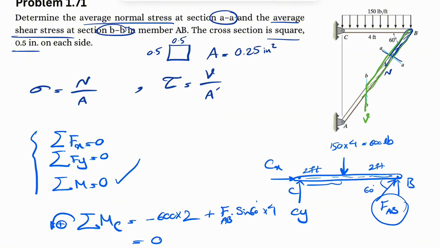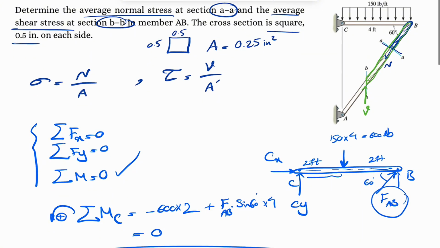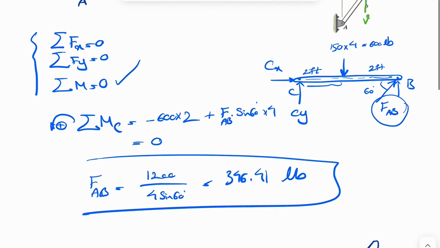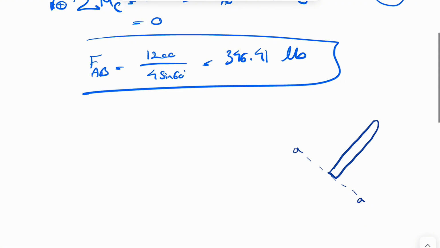members to find the N and shearing force. I'm trying to color code everything. So let's start with the first section, which is the section AA. And since we figured out the FAB direction is that way in that member, it means it's going to be the opposite direction in the other member, and this is going to be our normal force perpendicular to the section. We obviously have shear force and bending moment as other forces here. This is going to be our shear force, and we have a bending moment too, but that's not something we're